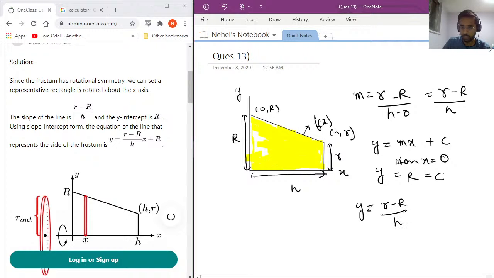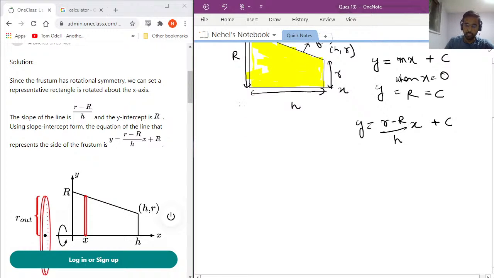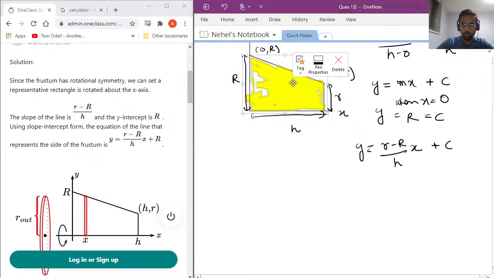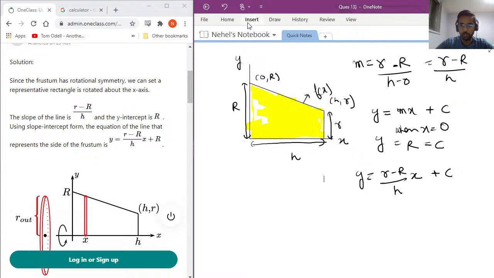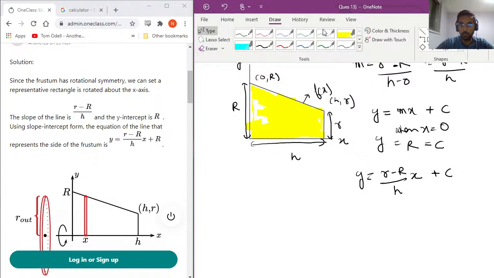plus c. So now that we've gotten the equation of this curve, we can start implementing the disk method. So what exactly is the disk method? Let me quickly use this as well. So the disk method says that